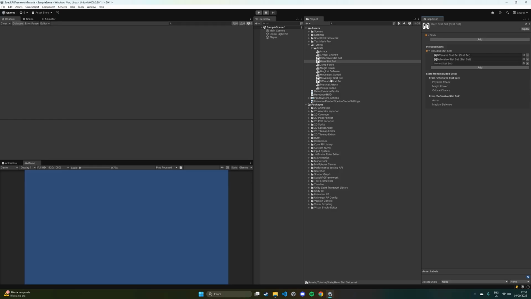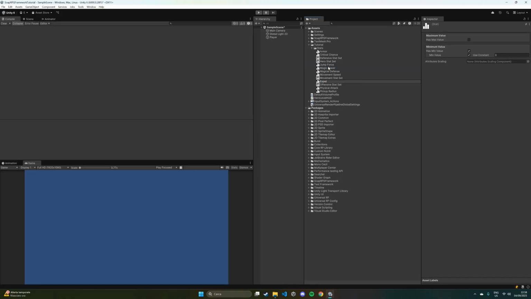And we said that we also would like our hero to move, and so we are also including the movement stat set. And so now the hero stat set is also taking into consideration all these statistics. And since our hero will likely be the only entity that can level up in the game, we could also add some statistic, like for example, experience